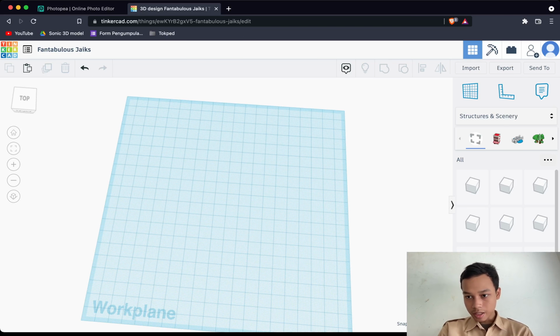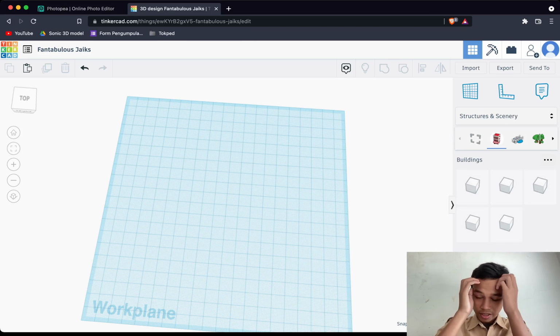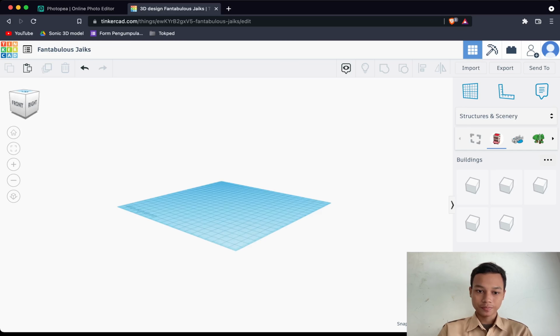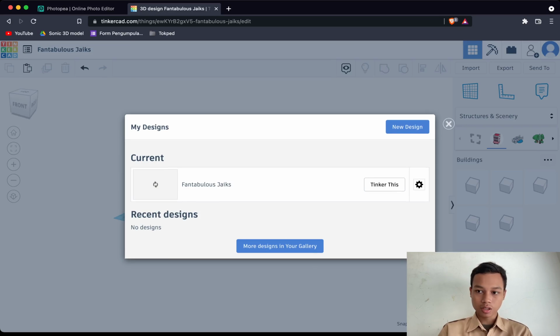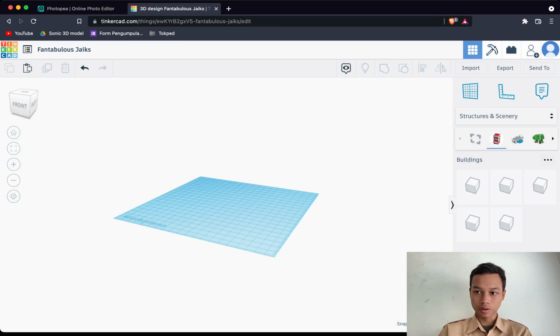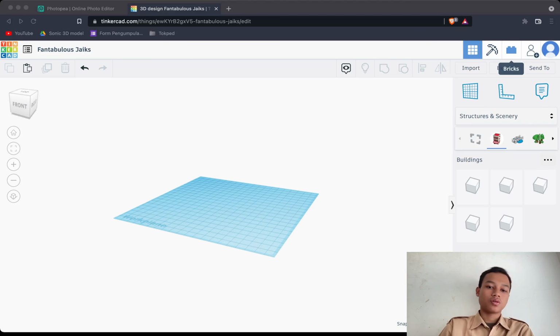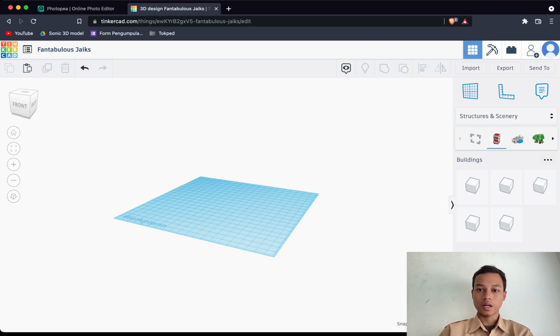And today I just want to make a simple of the buildings, not making actually. I just drag it and drop it to the Tinkercad. And also this one is auto save, so you don't need to do control save again. And that is making this one really different than Blender,